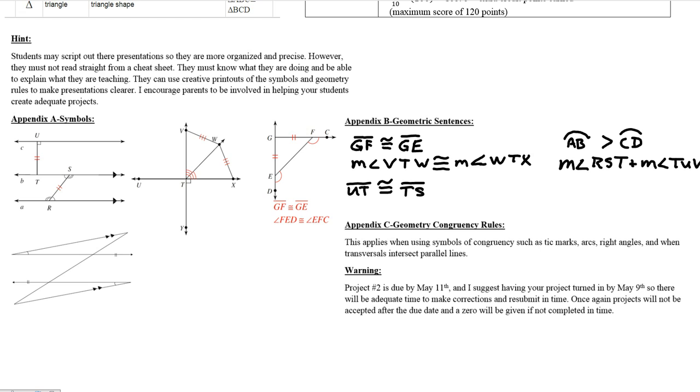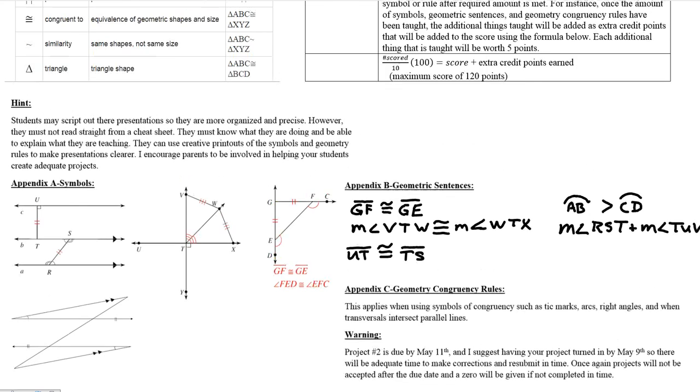Please understand, this project is due by May 11th, and you should probably have it turned in by the 9th, so that there'll be time to make corrections and resubmit. Remember, if it's not turned in by the due date, it's a 0, and if you don't resubmit by the due date, the last score that you got is what you get. So the earlier you can get this completed, the better. With that said,